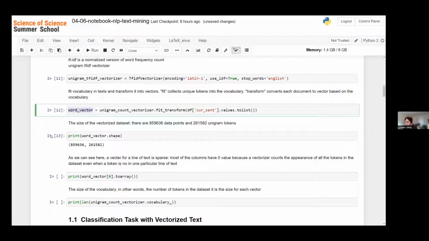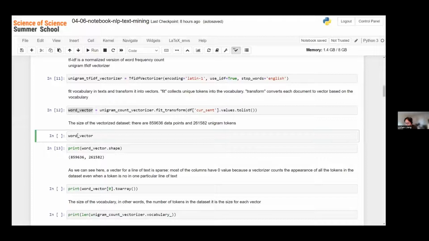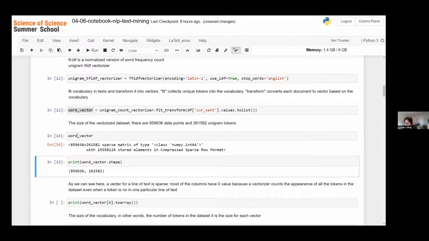As you can see, it should be a sparse matrix. It's a sparse matrix because it's huge. You can see the width of the matrix. This is basically the size of the vocabulary of the entire corpus.